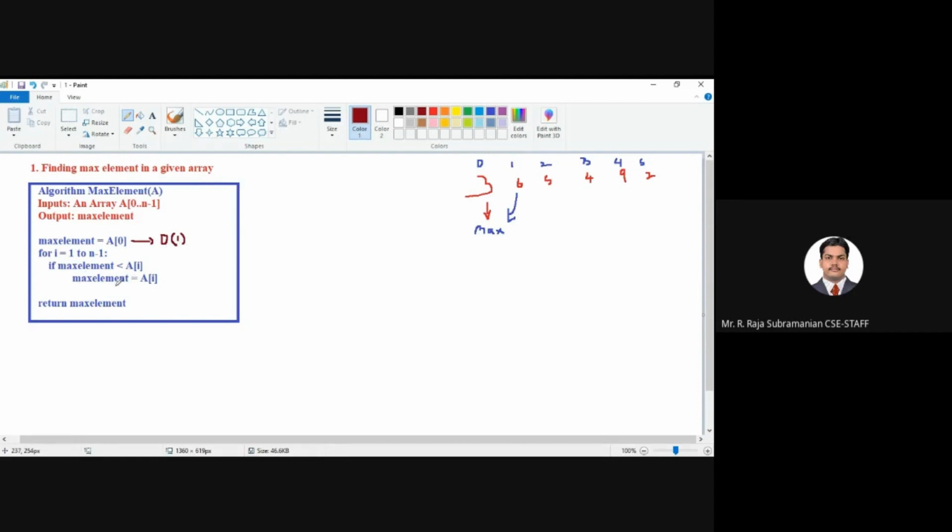Now coming into this for loop, it is having some condition. So what is this condition? It is nothing but how many times this for loop will take place? N minus 1 times. Think well and say. So this for loop can be written as summation I is equal to 1 to n minus 1,